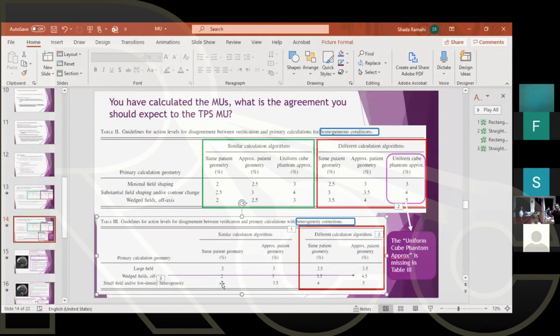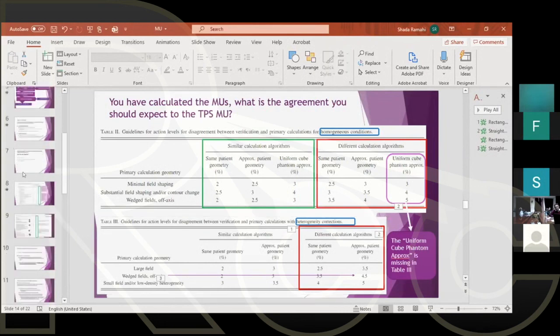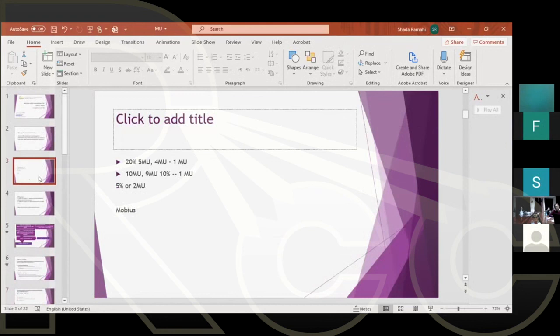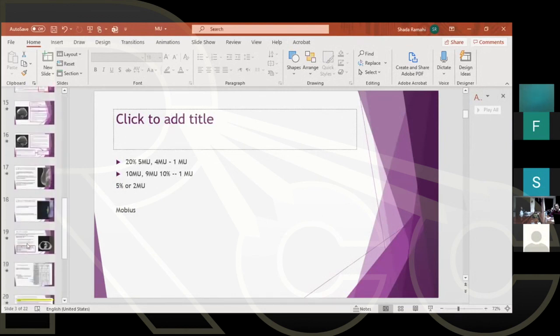So in this case you don't have to worry. You should have very good agreement, and we have been using it for the last few months and it really gives good agreement between the planning system and the second check. And Mobius gives you also gamma analysis, right? So you look at both analyses. Yeah. Okay,